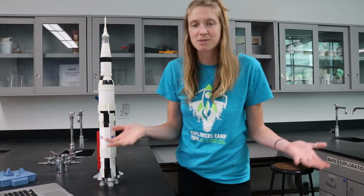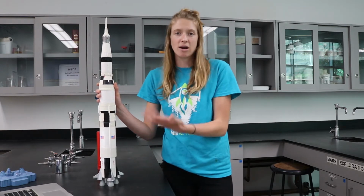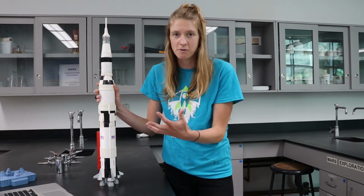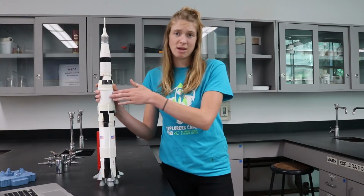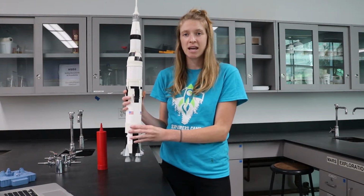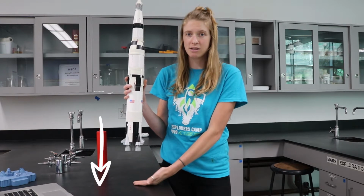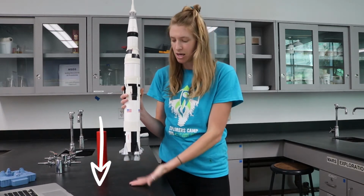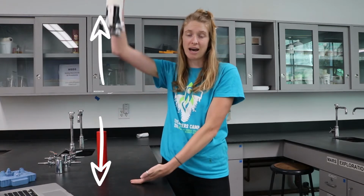The same concept can be applied to a rocket. However, instead of air, rockets have to use much more powerful fuel because rockets don't weigh as little as a balloon. Remember, they weigh millions of pounds. To get a rocket up into space, they need to create enough energy and force coming out of one direction,